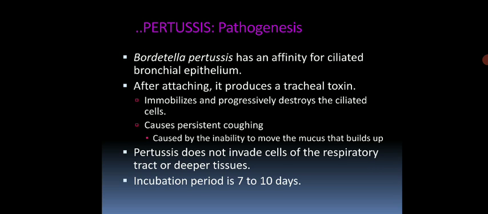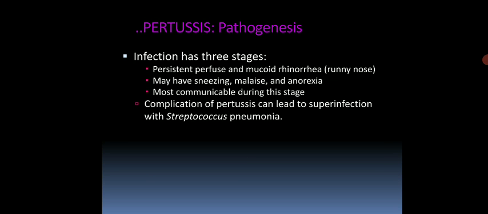Bordetella pertussis has an affinity for ciliated bronchial epithelium, and after attaching it produces tracheal toxin, which immobilizes and progressively destroys the ciliated cells. This toxin is basically involved in the destruction of ciliated cells and causes persistent coughing, caused by the inability to move the mucus that builds up. Pertussis does not invade cells of the respiratory tract or deeper tissues. In pertussis, the incubation period is 7 to 10 days, and the infection has 3